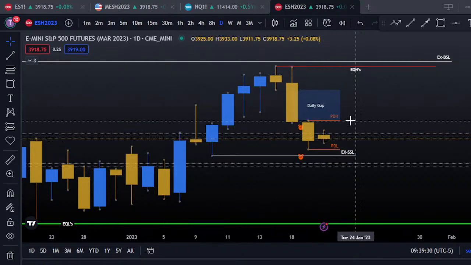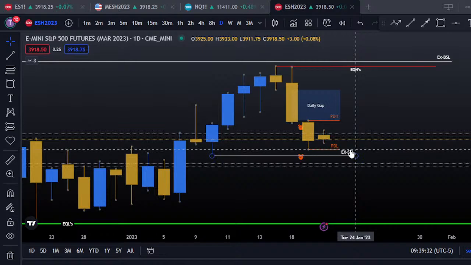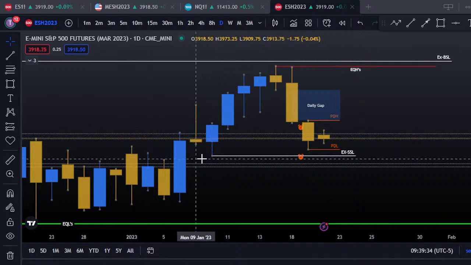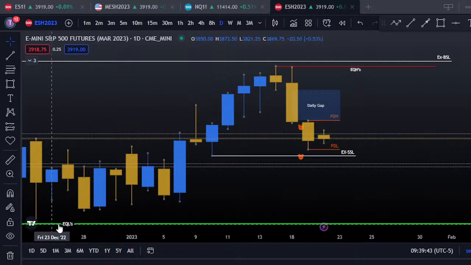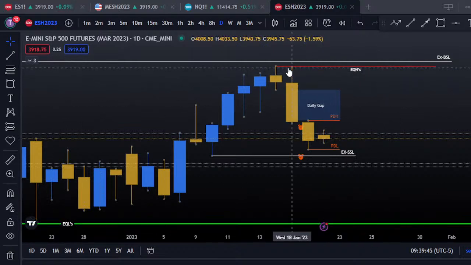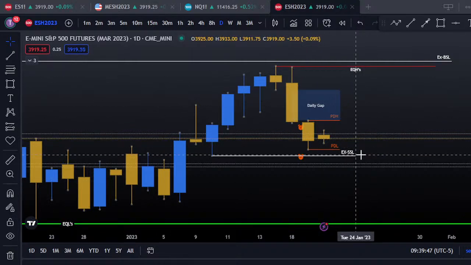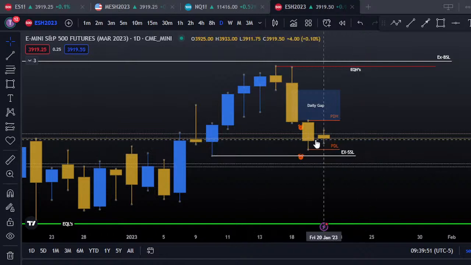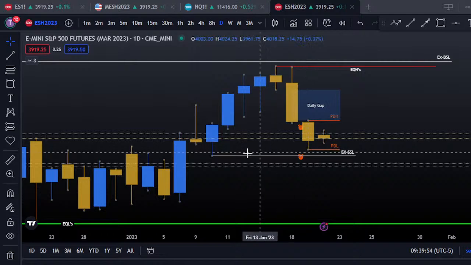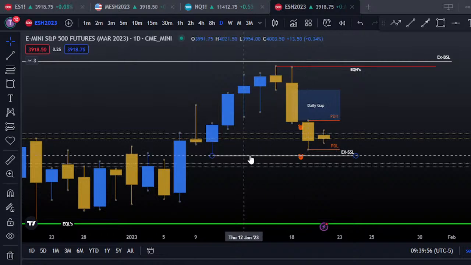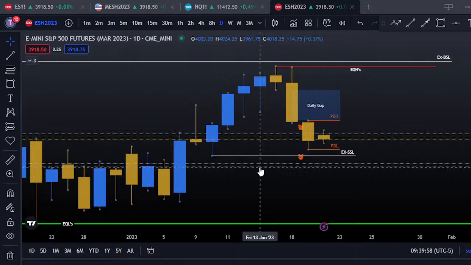See, we have a daily gap right above the previous day high. Here's the previous day low. We also have some external sell side liquidity down here, which is the January 10th low. And way down here, we have some equal lows. Up here at the top, we have some equal highs. So what I had been looking for the market to do today, if we do come down to the downside, is to take out the previous day low and this external liquidity right here